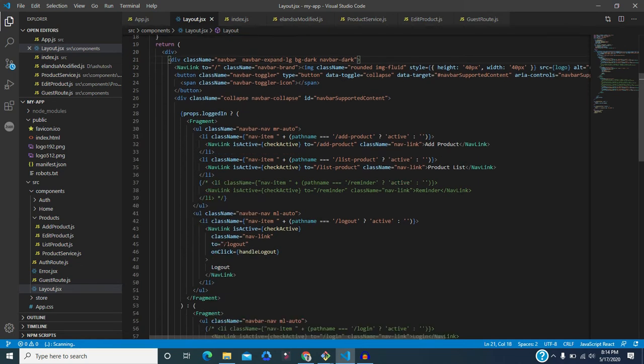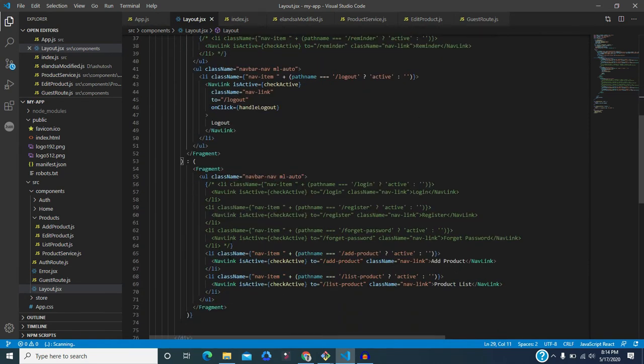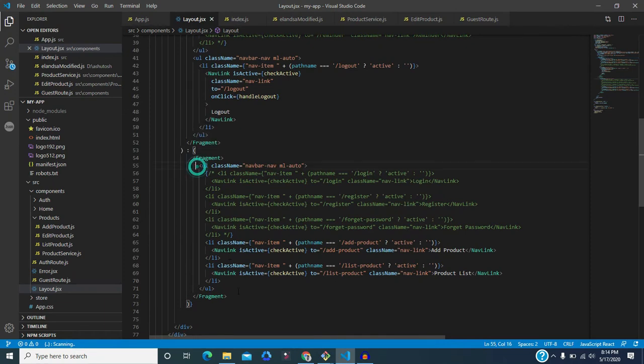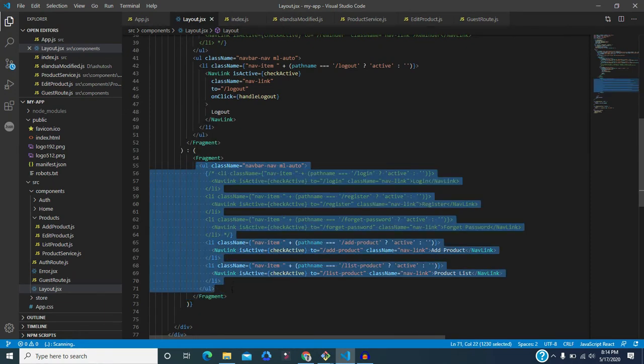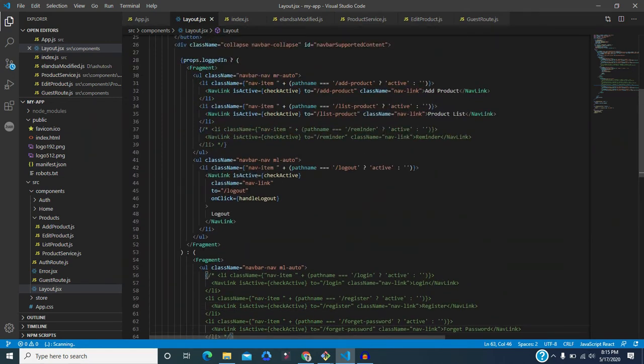You can see that if the user is logged in, then it will show this part. Otherwise, if a user is not logged in, then it will show this part. If you try to scale this project to attach authentication, then this code will be very useful. That's why I have already written the logic. If you want to scale, you can also scale.